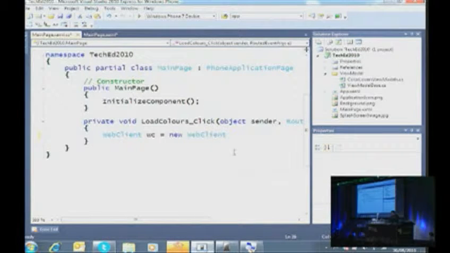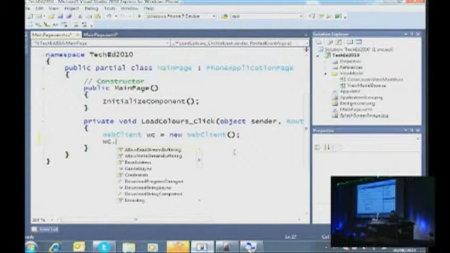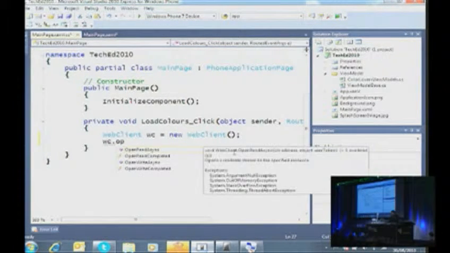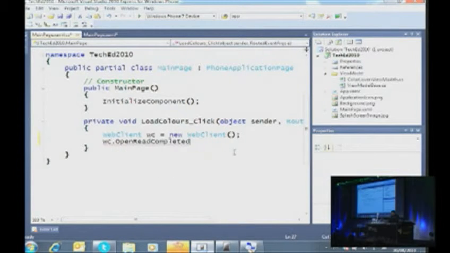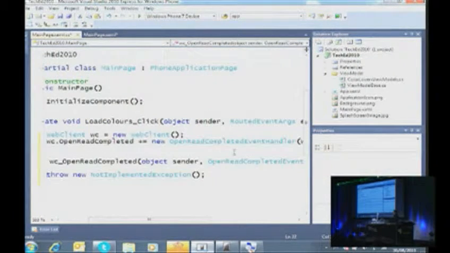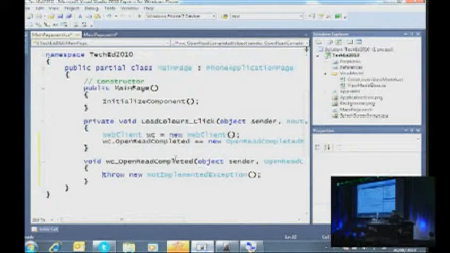Again, autocomplete. I'm typing about 5 or 6 characters to write that line of code. Just no Control-Space, this sort of stuff. So when I finish downloading from the web client, I want to do something. OpenReadCompleted, plus equals. Look at that. Snippet, tab. I didn't type anything. I just tabbed, and I've got a full method to do something with my web client